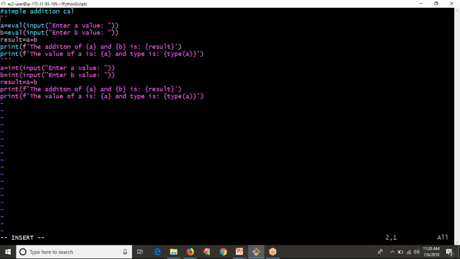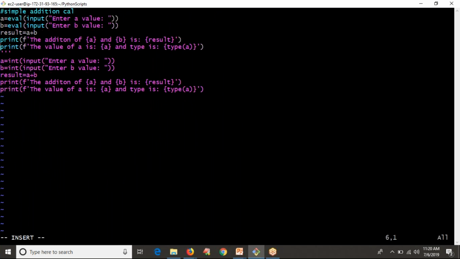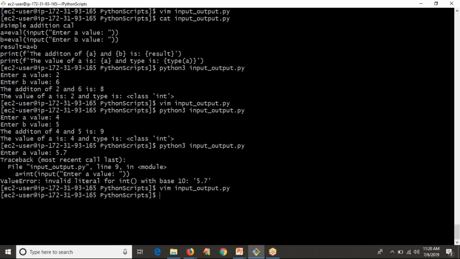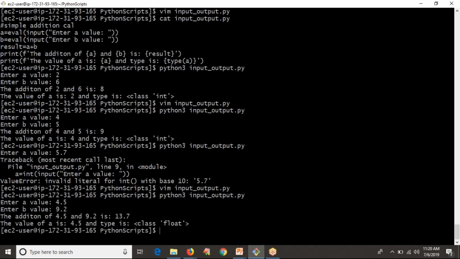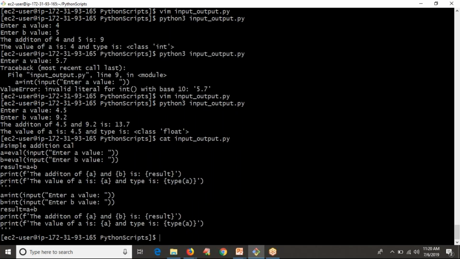So that's the reason, if you want to read anything from the command line, just try to use eval of your input. And at that time, in case you want to provide any strings, you have to write your strings in quotations. But as of now we are going to work with numbers only. Let me take 4.5 and 9 dot some 2, see the result, it's working perfectly. So that's why, guys, this is my suggestion, try to use it, because going forward definitely all organizations will use Python 3 only. That's why just try to remember this way to read inputs.